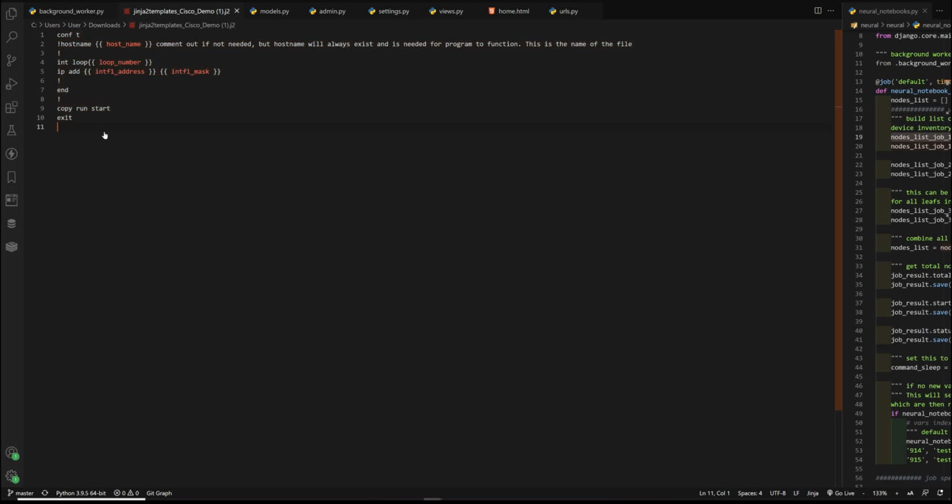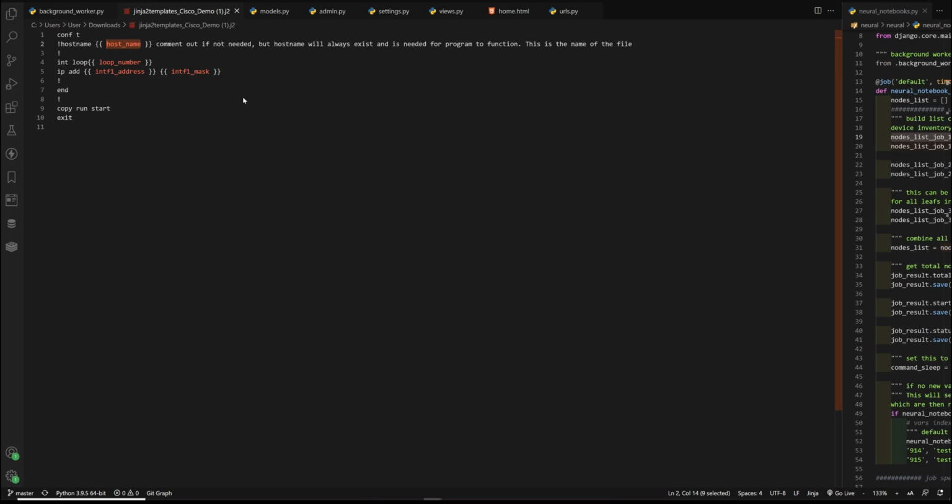It's basically whatever your config looks like, and then you just build variables, and your variables are denoted by double opening and closed curly braces, and then you just give your variables a name, and the name could be anything. It's whatever you want to name your variables, and then that's where you're going to create your variables